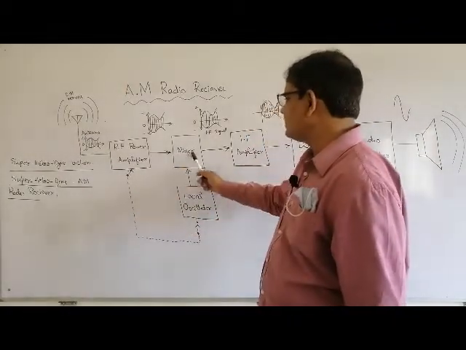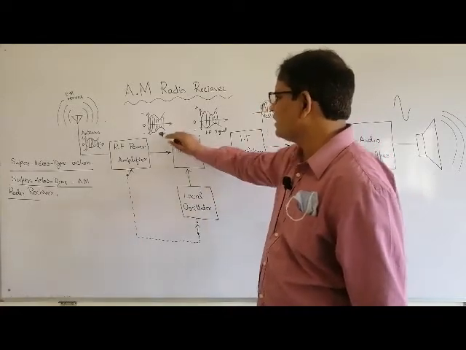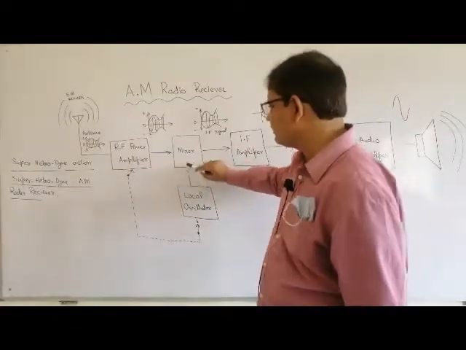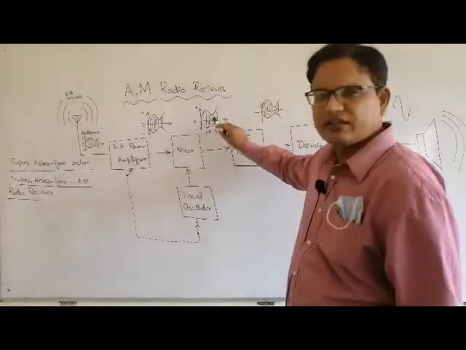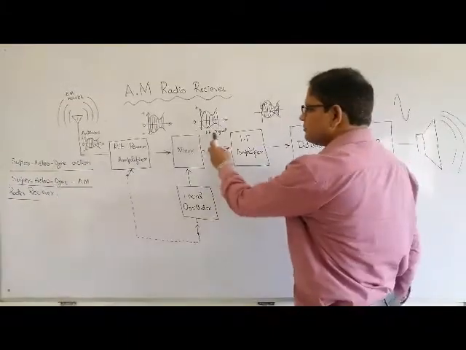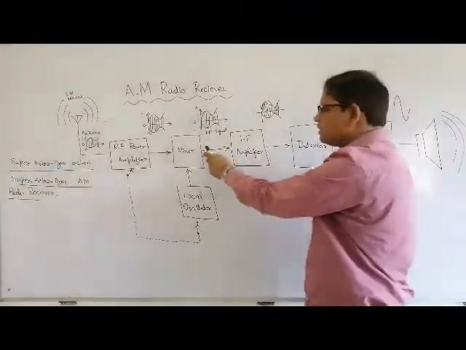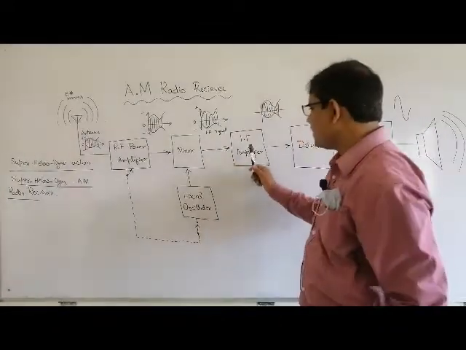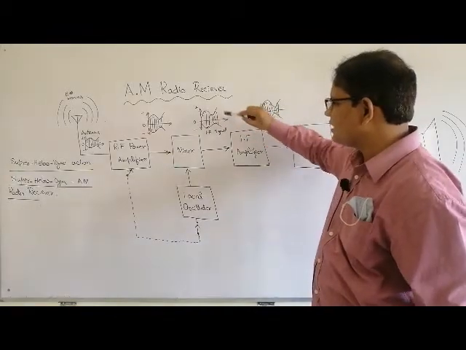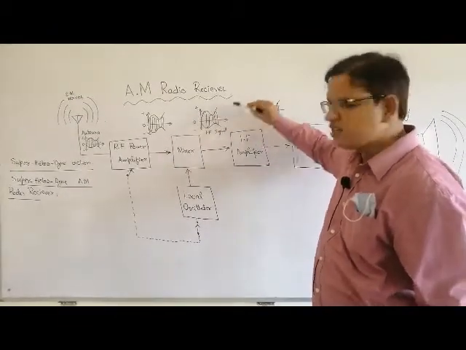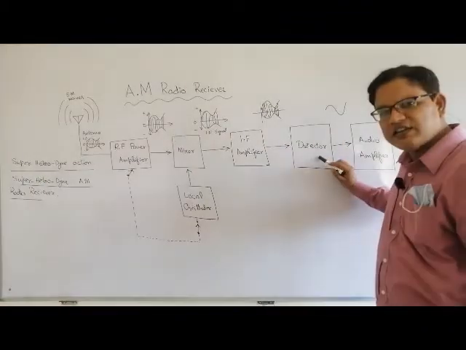The local oscillator mixes this radio frequency signal, the amplitude modulated signal, with the voltages that are carried, and makes an IF signal, an intermediate frequency signal. This means the signal is now converted into an intermediate frequency signal. Here we have an intermediate frequency amplifier. This amplifier increases the amplitude of the signal, and then we have a detector.